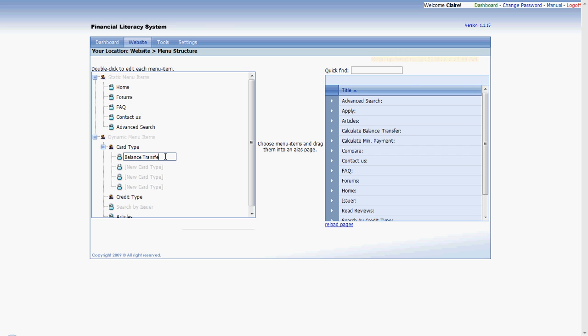And then we're going to want to change the names of these to balance transfer, enter, double click, 0% APR, enter, double click, rewards, enter, double click, low interest, enter, save,